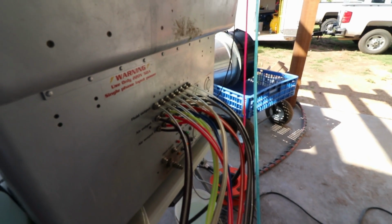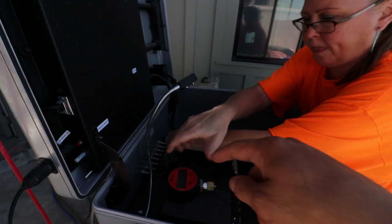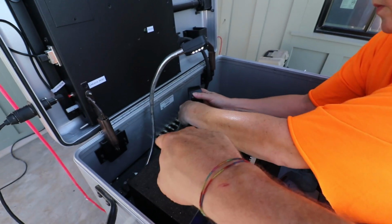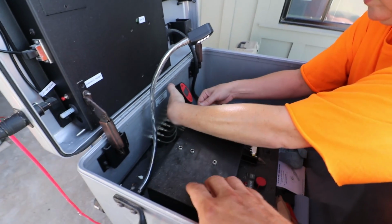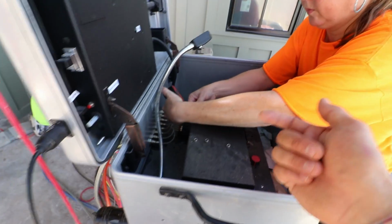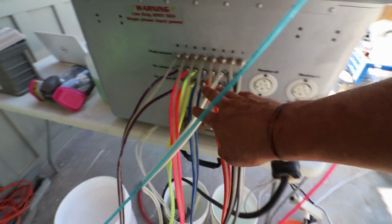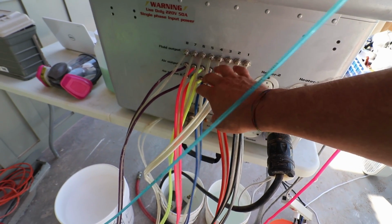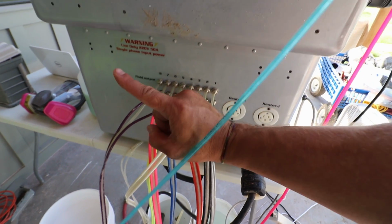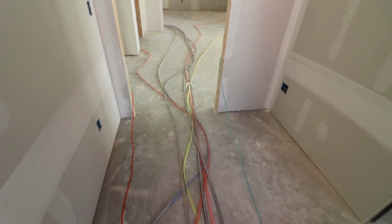So right now we are calibrating every single zone. This is where the liquid gets pumped out. This is a roller pump here that pumps the fluid AeroBarrier through. Comes out this backside here. We've got 8 zones, and then we also have air outputs, 2 air outputs for 1 fluid output. And then this goes into the house here,